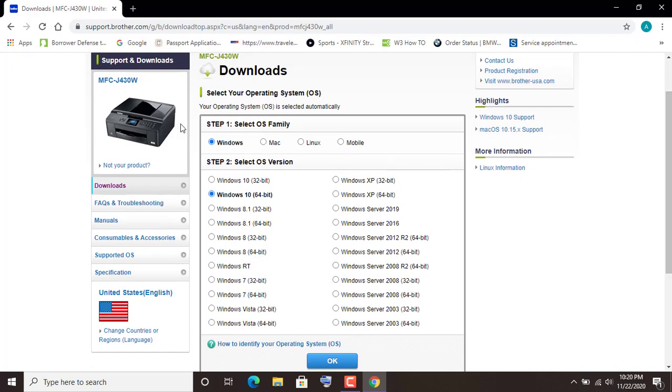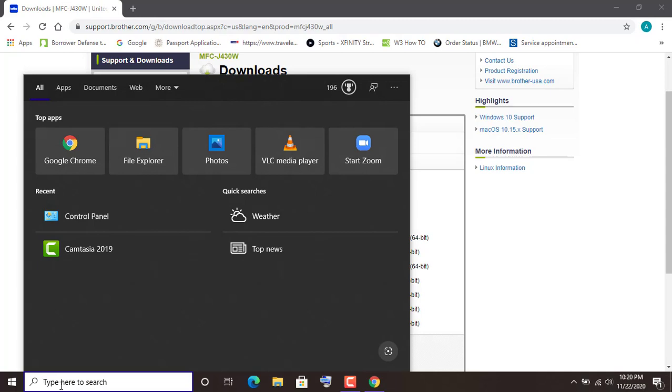And there is the printer. I can select the driver for whichever version of Windows I have. If you're not sure what version of Windows you have, a quick way to check that is through the search bar here. Windows 10 or 8, we can just type in